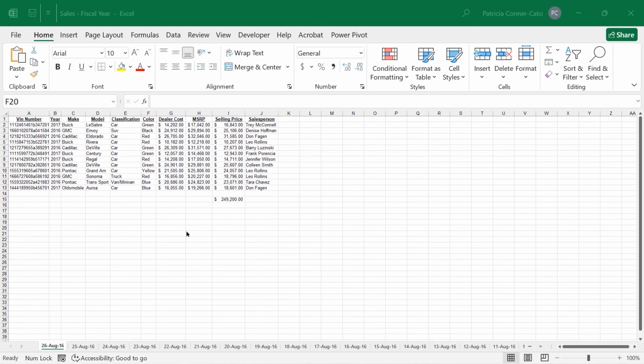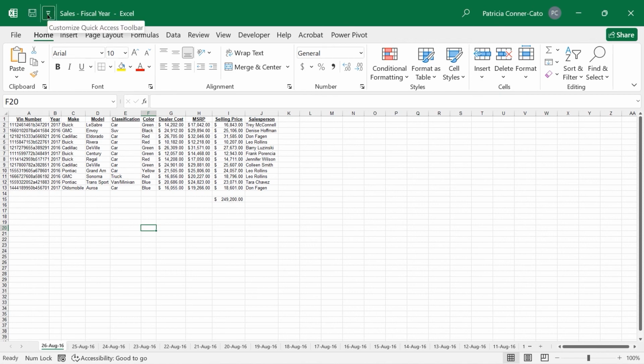So now we're going to set up a way for the end user to display the form and make their choices without having to go into the code window. So we're going to add a button to the quick access toolbar that will show the form for the end user. And the way we're going to do that is we're going to go up to the quick access toolbar,